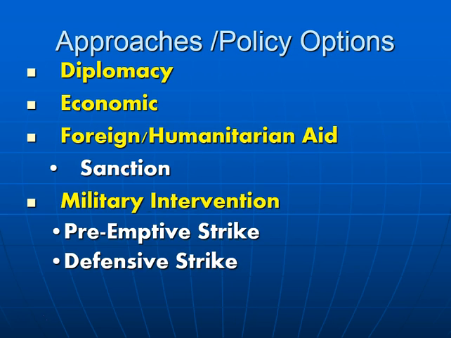Another foreign policy option we have, which we tried to avoid, is military intervention. That is sending in the troops, basically fighting a war. So if we have a preemptive strike, that means we strike first. A defensive strike means somebody hits us and we are just responding. So for example, in the war in Iraq, we had a preemptive strike. We wanted to attack Saddam Hussein before he attacked us. But in the case of Pearl Harbor, we had a defensive strike. The Japanese had attacked first and we were just defending ourselves.